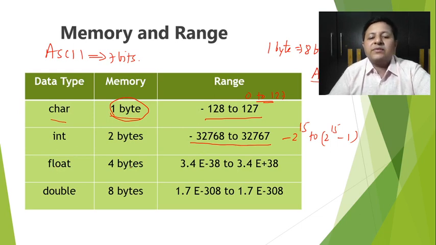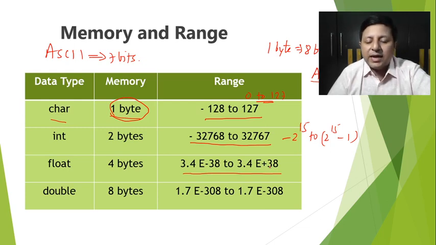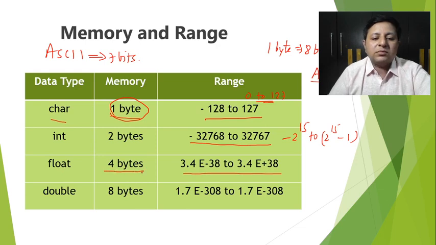Then float obviously will have 4 bytes. The range is obviously based on a different concept. There is a concept of floating point representation. So we have IEEE formats for that, and that actually is being used to decide the range, how to store the floating point numbers in memory. But you can clearly see float, the size is 4 bytes and the range is obviously up to minus 38 or up to plus 38. Double, the range is obviously double. The memory is obviously double, 8 bytes, and that's the reason it'll be able to store the values more accurately.